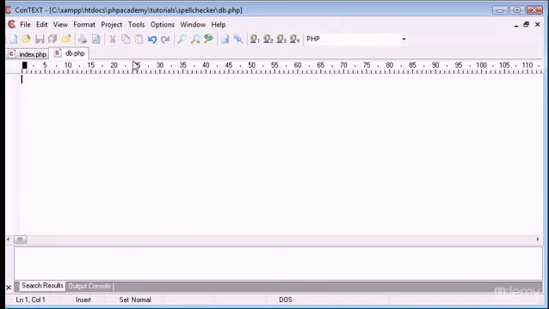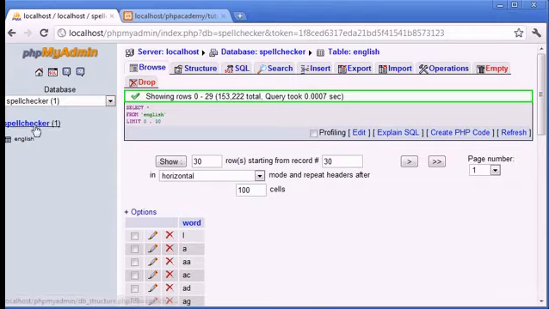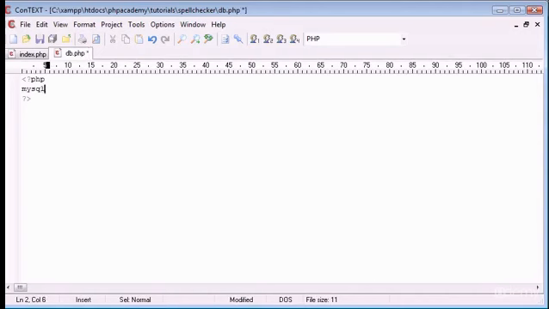So I'm going to go ahead and close english.txt. We don't really need this. We're going to first of all create our database connection. So let me just get rid of this down here. Okay, so let's create our PHP tags, and inside here I'm going to use two functions to connect first of all to my MySQL server, and then select the appropriate database, which is called spellchecker. So let's use the mysql_connect function, and it takes three parameters, the first